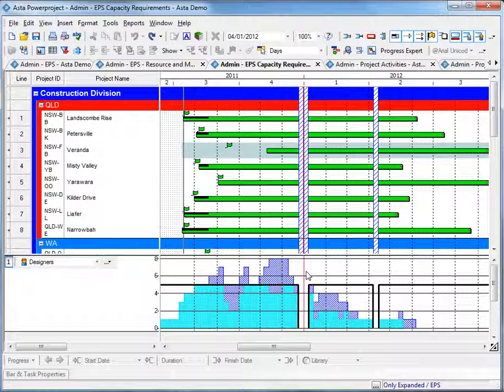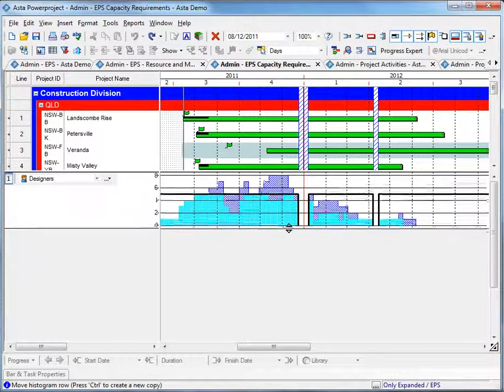So at the inception of a project we can allocate the need for a designer, but at this time we don't know who we're going to employ, and as we get nearer the project we can allocate an individual resource. But it's important in the histogram view to accumulate both the designers, the named people that are allocated, and the pending demand. And again these histograms are dynamic, and I can